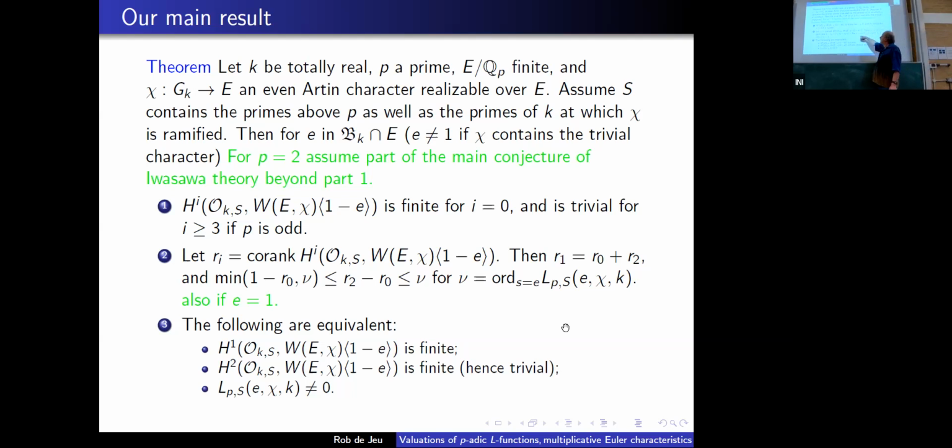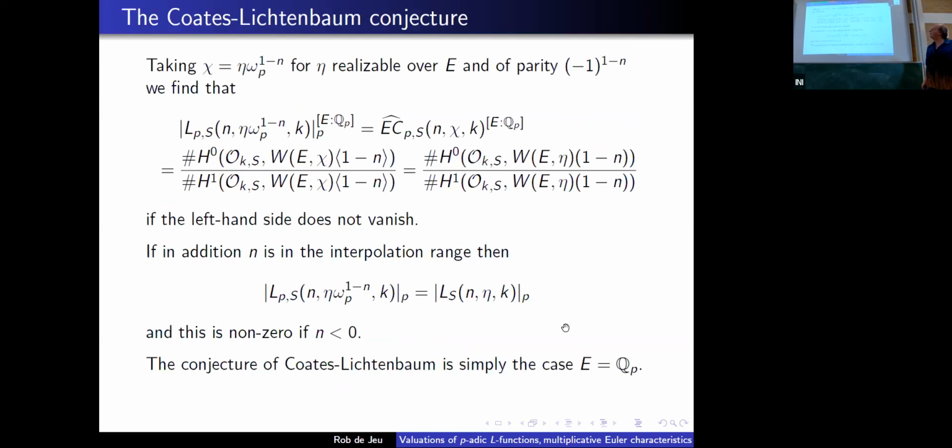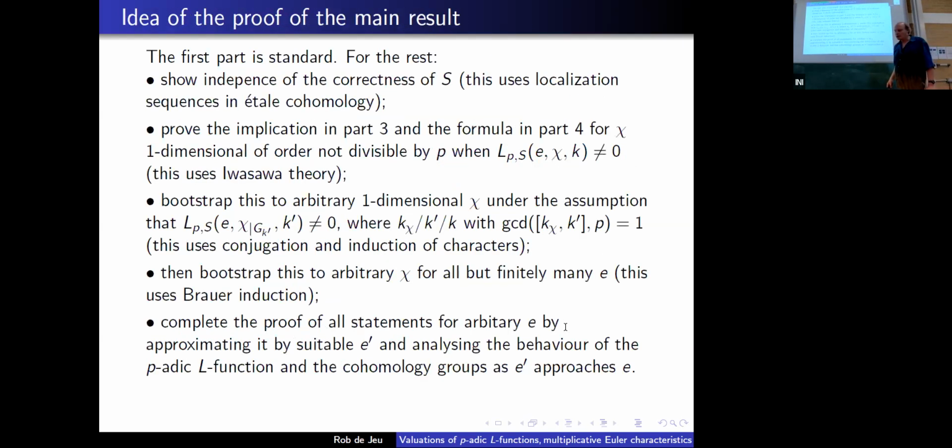This one I'll say a little bit more about because I think this is certainly new. And well, this was maybe not surprising, but certainly surprising with the E in the p-adic block. Okay, so say the first part of the scheme is standard. Then the second one you build up. So if you take the character chi one-dimensional and not divisible by p, then that's exactly where you're in the classical Iwasawa situation. And then our proof is not really very new because in that case you have a relation between the distinguished polynomial of your p-adic function and